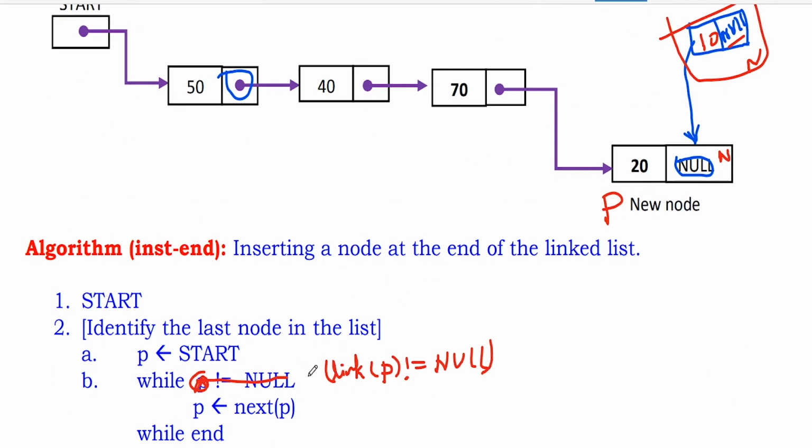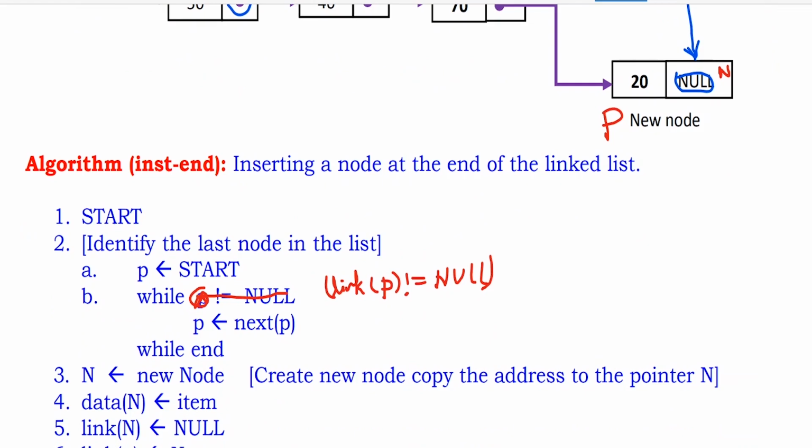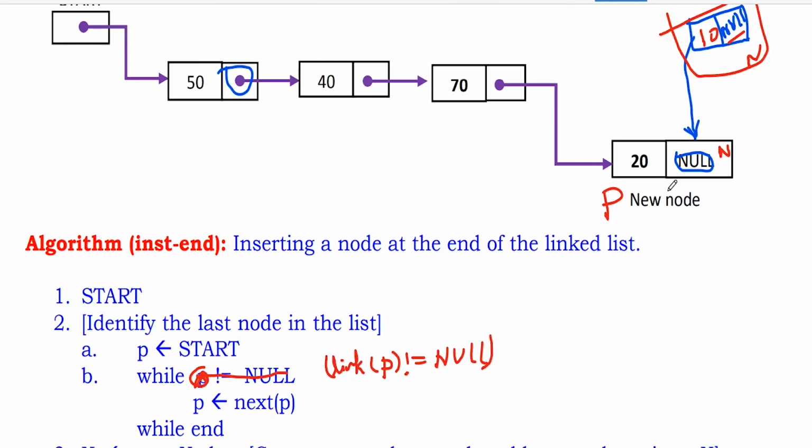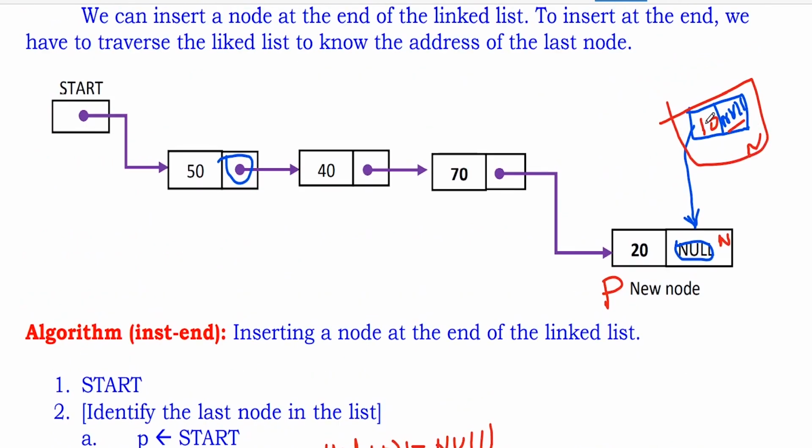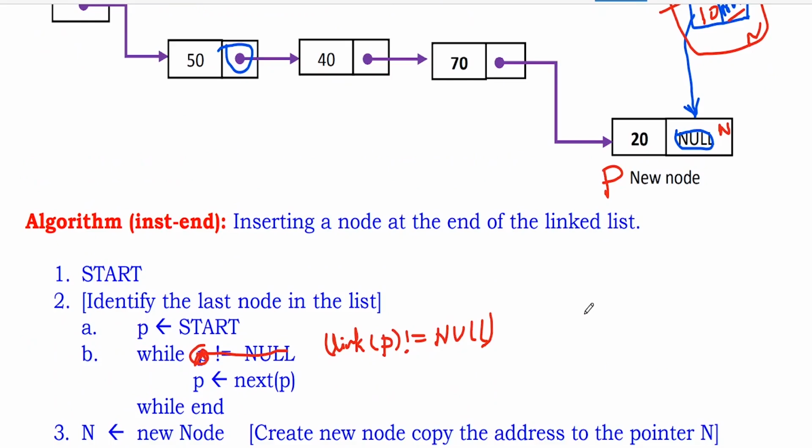So take the link field starting from the first node till you reach the null field of the given linked list. Once you reach the null field, that's link of P, so there you had link of n is null. So data of n is that new one. So link of p, in that place you copy n, which is newly created, and the data we have entered. This is how we do insertion.